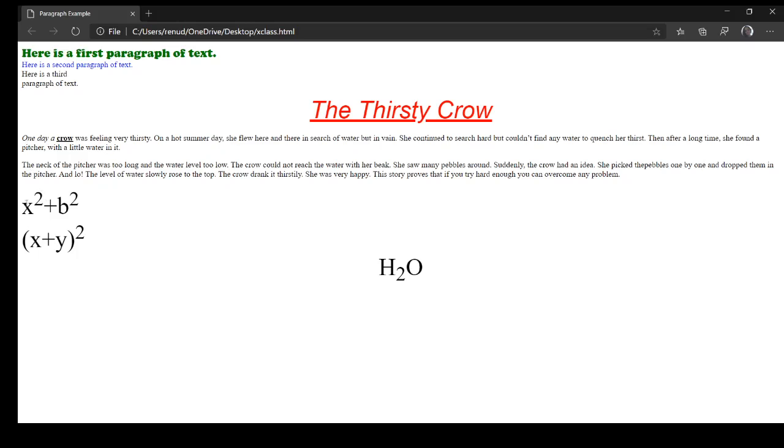And this 2 is used for the output of your SUP tag. And this 2 just below the baseline is your SUB. So this is the complete formatting tag of your web document here.